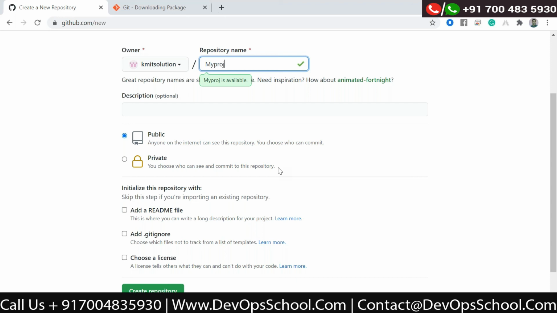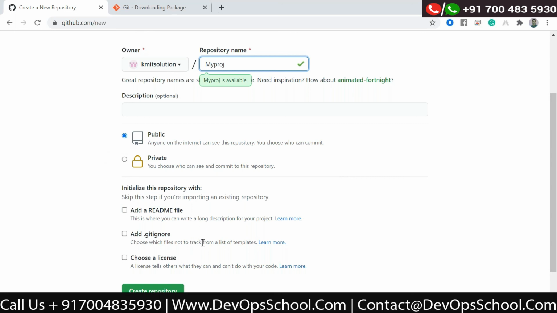So public is that. Private means, for example, you have your own team, and your company has purchased the GitHub account for your team, or maybe for your company level. You can use the global repository also as private, but you need to pay for that. It is not free of cost. So it's totally up to you. I'm going to select the public repository.